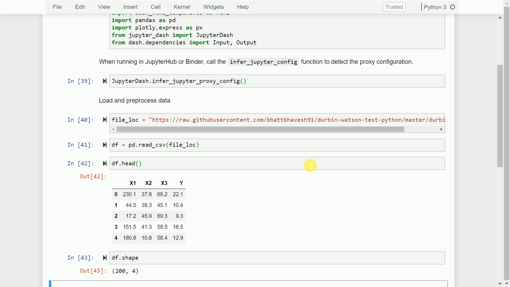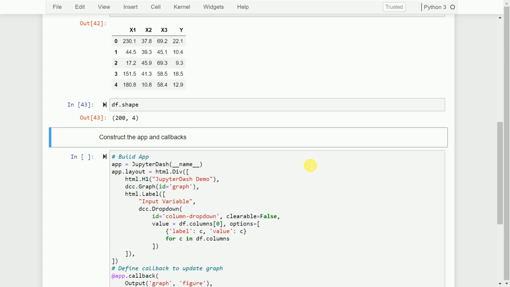So typically this looks to be a regression problem, which it is. Rather than going forward and doing a regression analysis, the aim of this video is to bring out the advantages of using Plotly Dash applications with Jupyter Notebook and how they can streamline the entire exploratory data analysis process for you by creating dynamic graphs that will help you visualize your data better. So keeping this objective in mind, this is what we have, and let's now proceed to create a Jupyter Dash application.